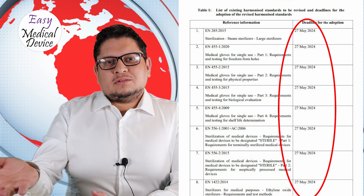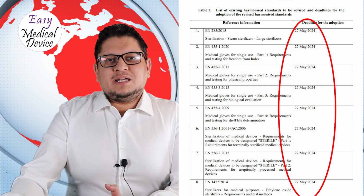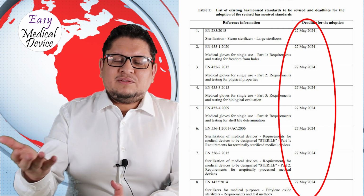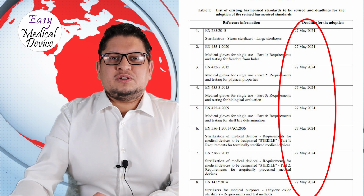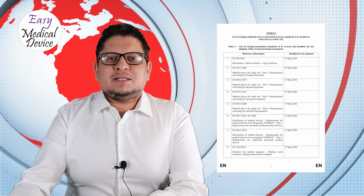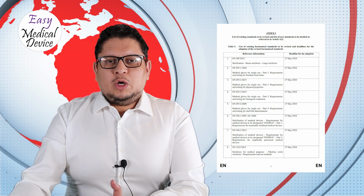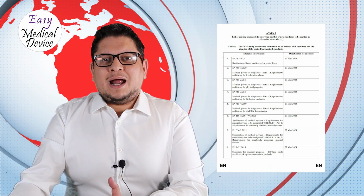So even after the MDD is over, the MDR is mandatory. That is the deadline, but we suppose that a lot of standards will be available before. It's not the date when they will be published. They just say it's the deadline where they expect everything to be available and ready. So yeah, we hope that this will be done quickly,